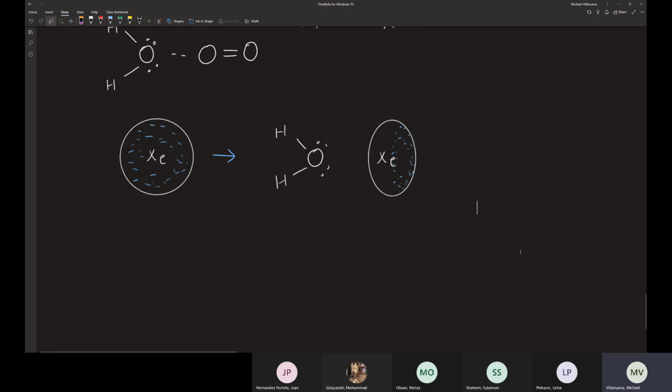What has essentially happened is this electronegative end of the water molecule, we just did what's called an induced dipole. So what's happening is